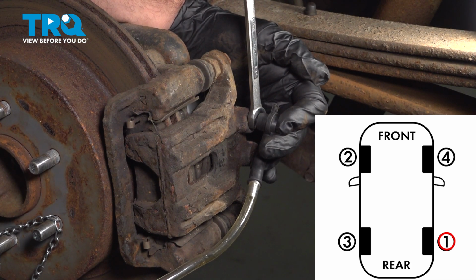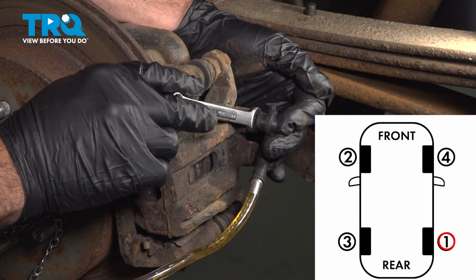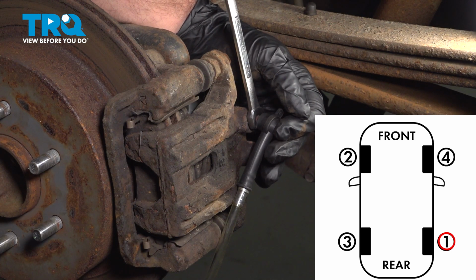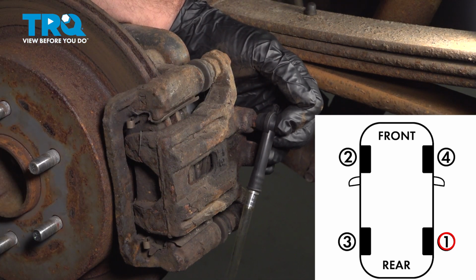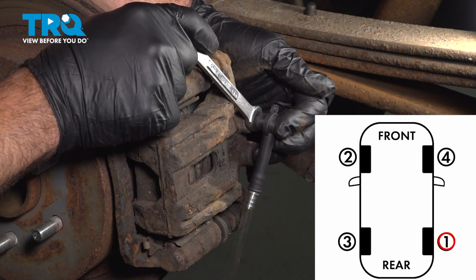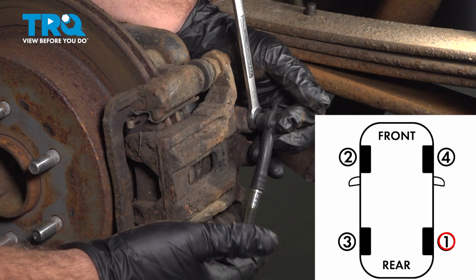Go ahead. Holding. Okay, go ahead. Holding. Go ahead and open that up. Close it. Now while we're doing this here, you want to make sure that assistant is holding that pedal to